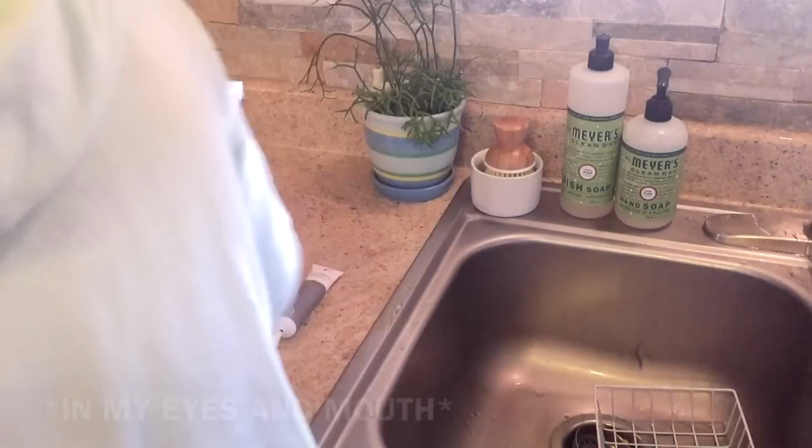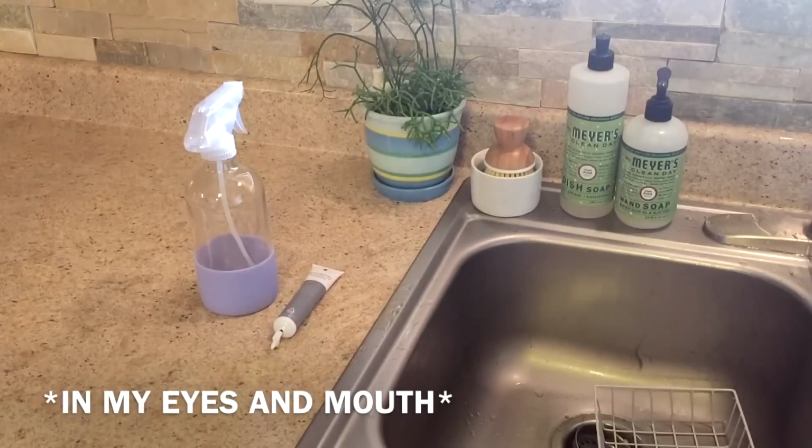I just got sprayed with this all-purpose cleaner. Oh my